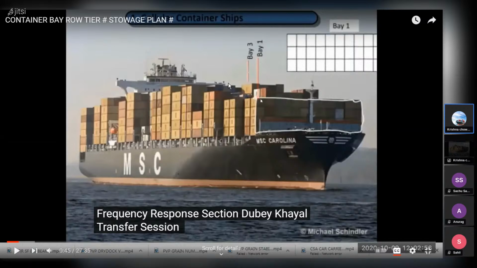So bay number 1 was the first 20-foot space, and bay number 2 is for the second 20-foot space. But the container is 40-foot, so bay number 2 is taken. So the next bay will be bay number 3, from this starboard end to this port end, whatever containers will be stored. So in the storage plan it will appear like this: we have this first bay in which we have so many rows of containers and so many heights, 1 2 3. So first height,